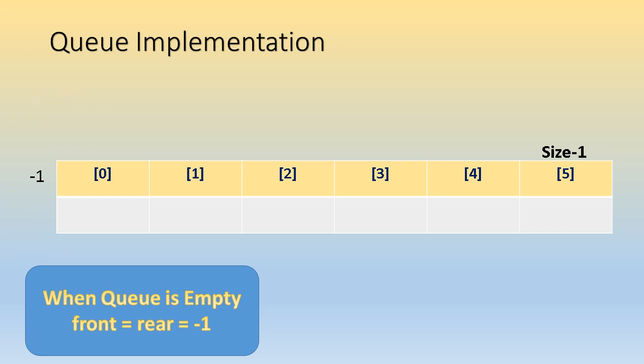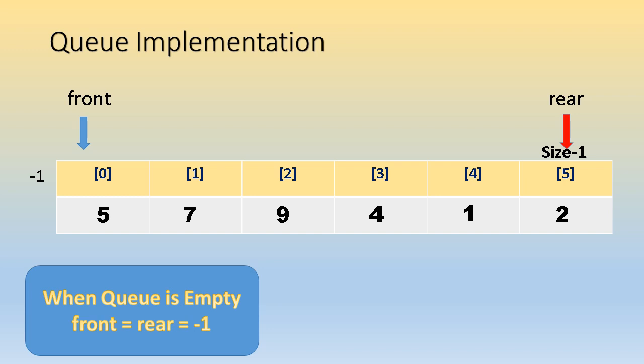Okay, if only one element is there in the queue, then both front and rear will point to the same index. That means we can see that front equals rear. Otherwise, to insert an element after this, we simply need to increment rear and we can insert the element. Increment rear, insert element. This process we can repeat until we reach size -1. Now at this situation you can see the queue is full.